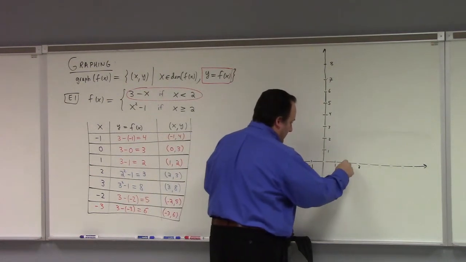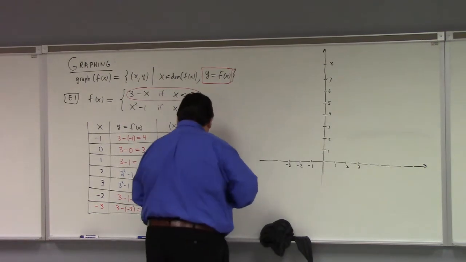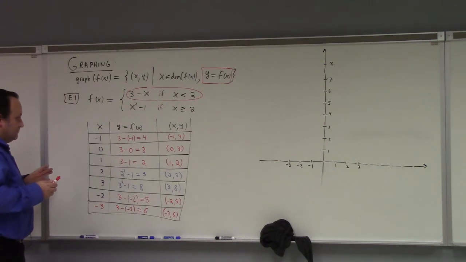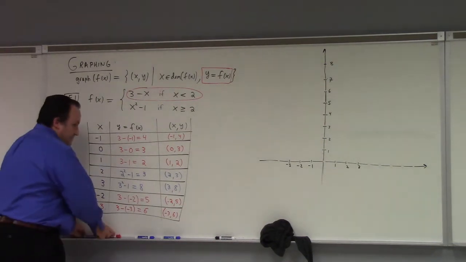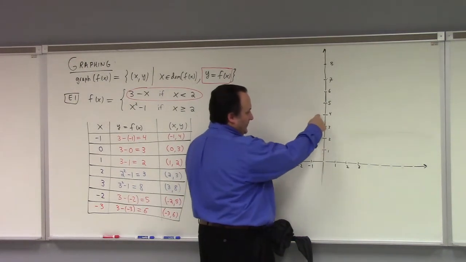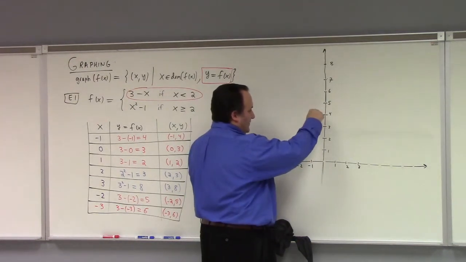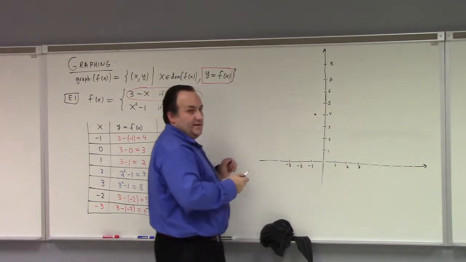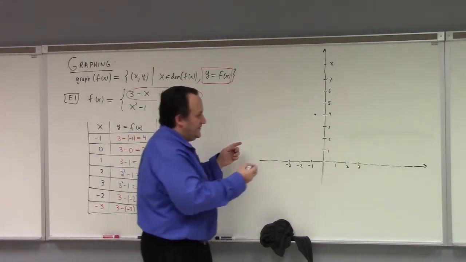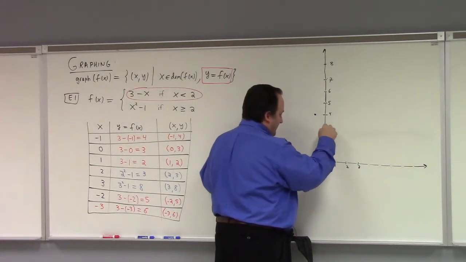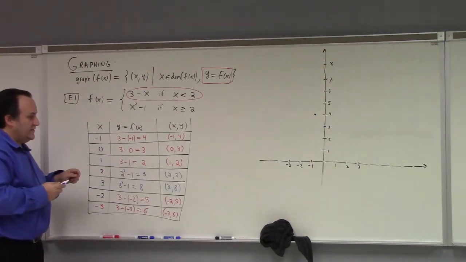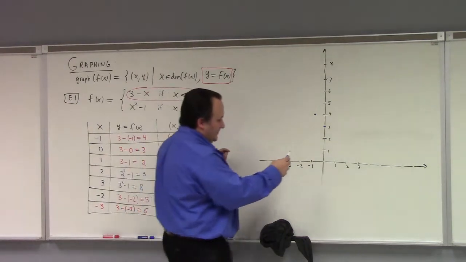So now what I'm going to do is graph these points. All right, so let's see here. -1, 4, where is that? So -1 is here. X is -1, y is 4, so that's about right here. That's -1, 4. 0, 3, where's that? Well, that's the y-intercept, so that's about right here. 0, 3. 1, 2, where's that? Well, it's about right here,